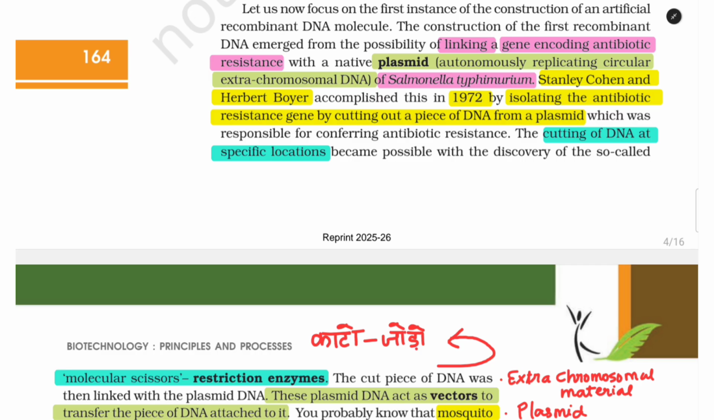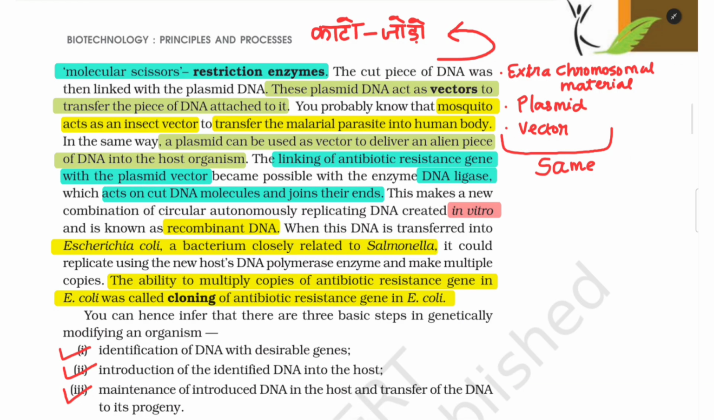The cutting of DNA at specific locations became possible with the discovery of the so-called molecular scissors, restriction enzymes. The cut piece of DNA was then linked with the plasmid DNA. These plasmid DNA act as vectors to transfer the piece of DNA attached to it. You probably know that mosquito acts as an insect vector to transfer the malarial parasite into human body. In the same way, a plasmid can be used as vector to deliver an alien piece of DNA into the